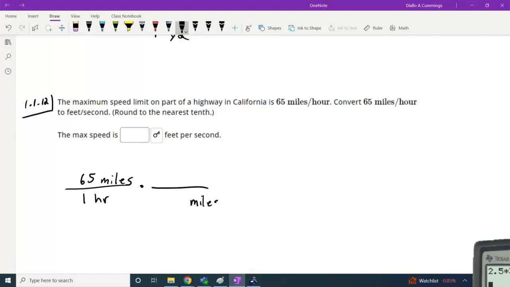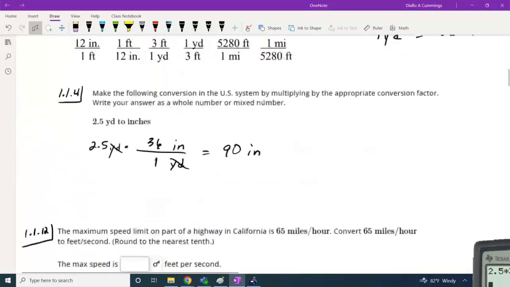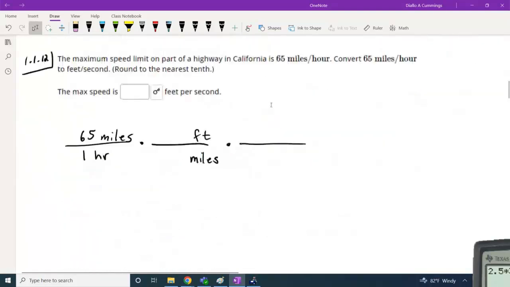So I'm going to put miles in the denominator, because when I cross multiply, the miles are going to cancel. I'm going to put feet in the numerator, and that's going to convert miles to feet. And next I want to convert hour to seconds. Now, as far as time is concerned,